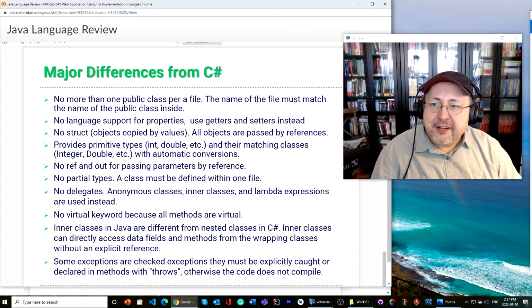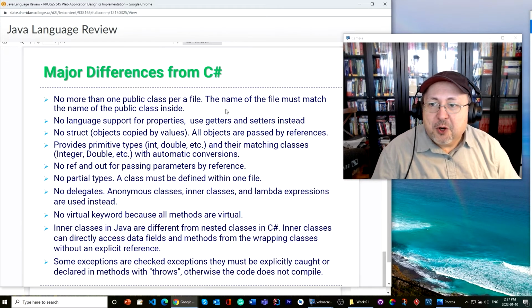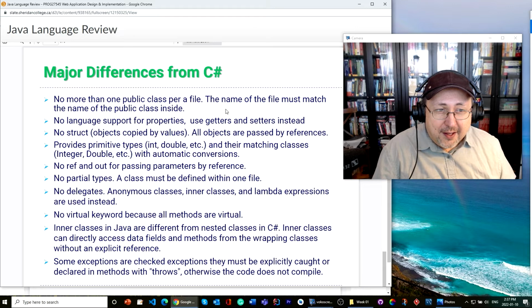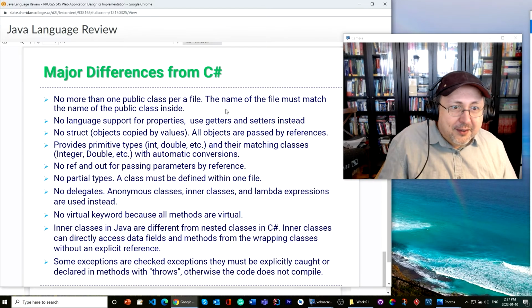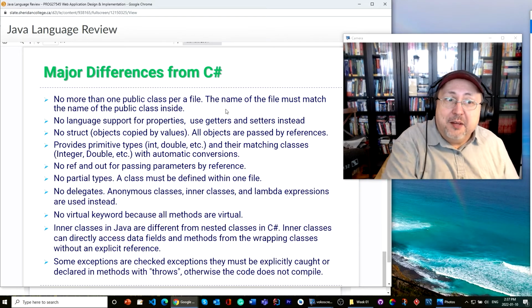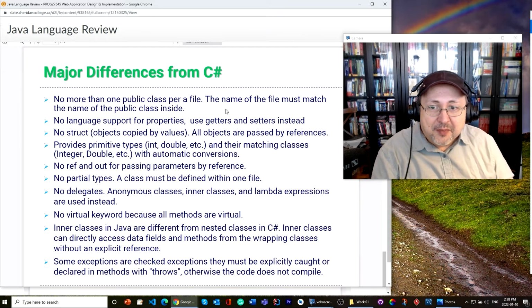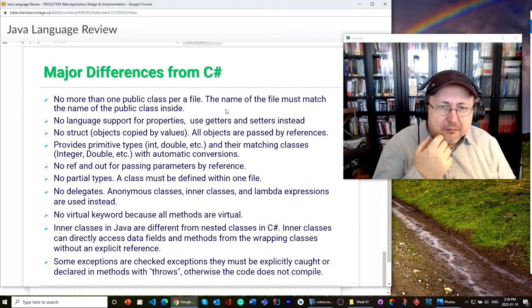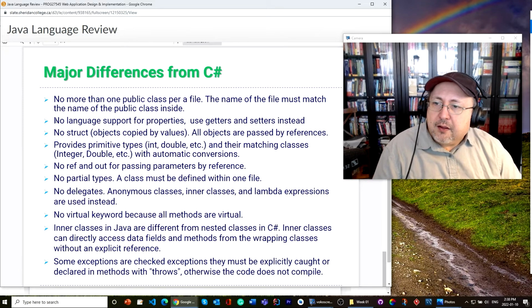So this is a very specific feature of Java. You cannot have code outside of a class. You should have only one public class per file, and the name of the file must be exactly the same as the name of that public class in the file. You can have private ones there? Yeah, you can. Okay, so